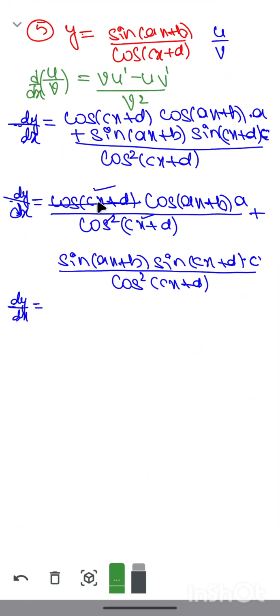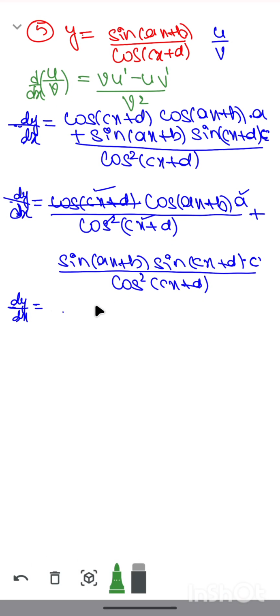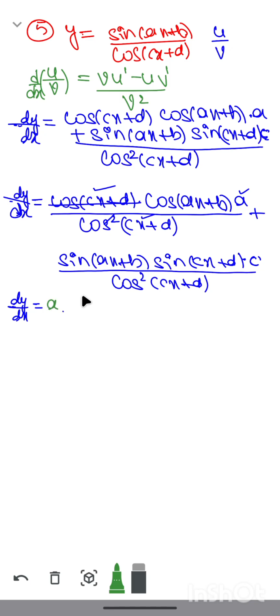1 by cos, which is nothing but secant. So a into, because a is here, so that a I am writing in the beginning, a into the remaining thing, cos of (ax plus b) divided by, in the denominator we had cos of (cx plus d). 1 by cos will become secant, so we can write secant of (cx plus d),